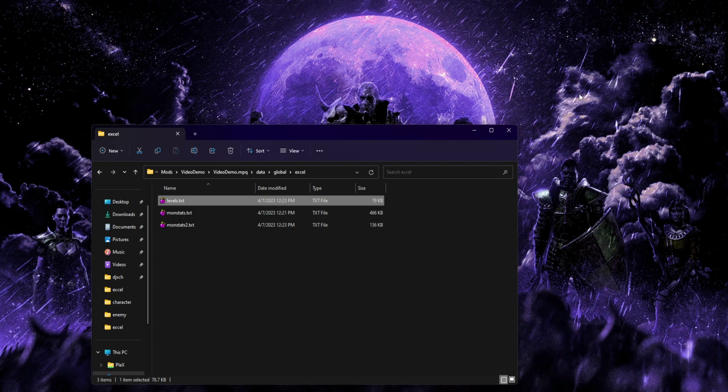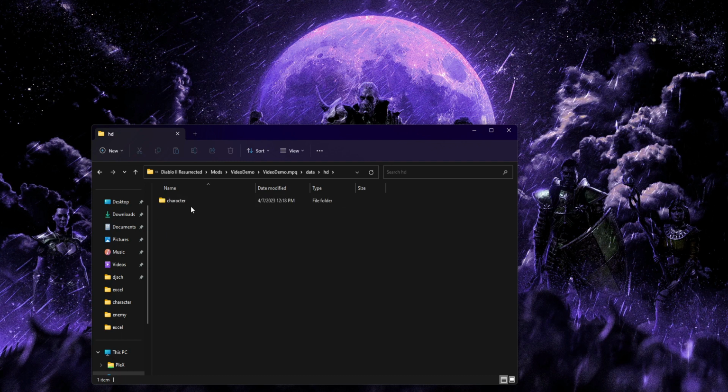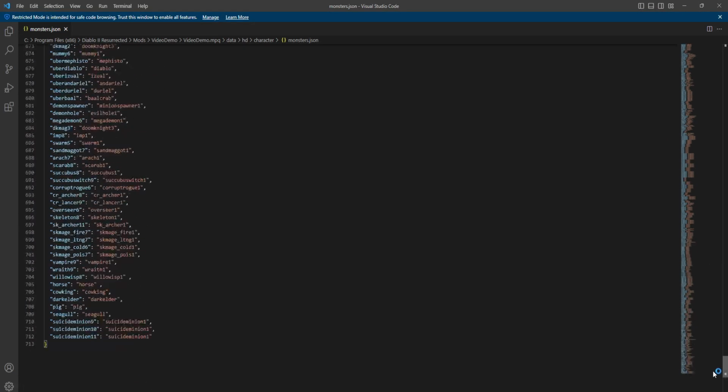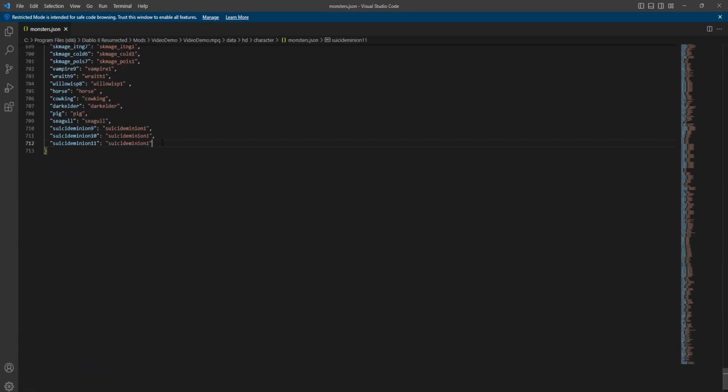Our monster's technically created, and it will spawn, but it has no visuals or anything yet because it doesn't know what to do with it. So for that, we're going to go ahead and just go into monsters.json, and we're going to add our new entry to link everything together. So we're going to put a comma here to let the JSON file know that it should read one more entry. And then we're going to put in Paladin enemy as the name of our monster,